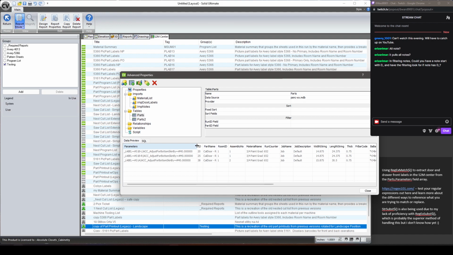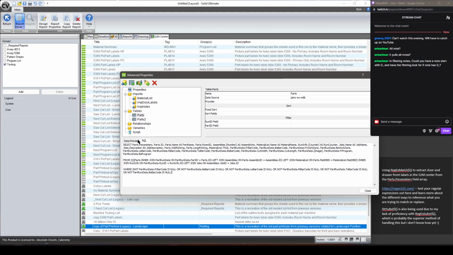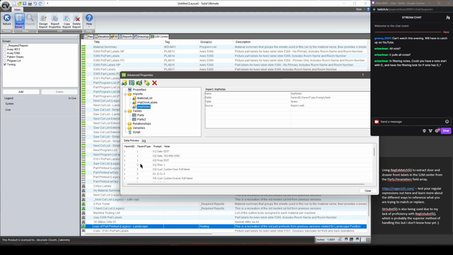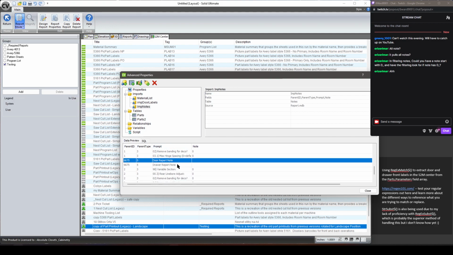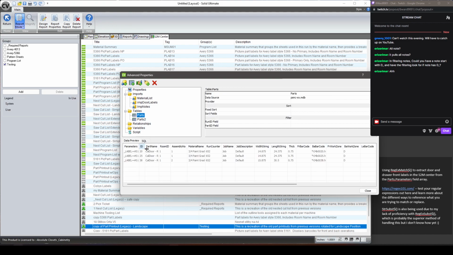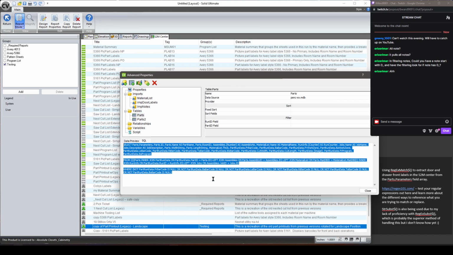You could, but the problem is that it still doesn't relate it. So specifically here, I'll show you. I've got all these parent types and everything, right? I've got door report note, drawer report note. And these are notes that I've got for Cabinet Vision reports, not the S2M reports. So I actually have the import here with the parent ID and the parent type and the prompt. So to do precisely what you're asking about,